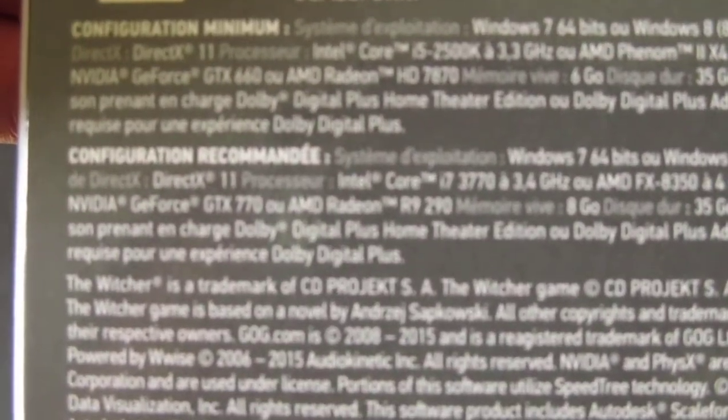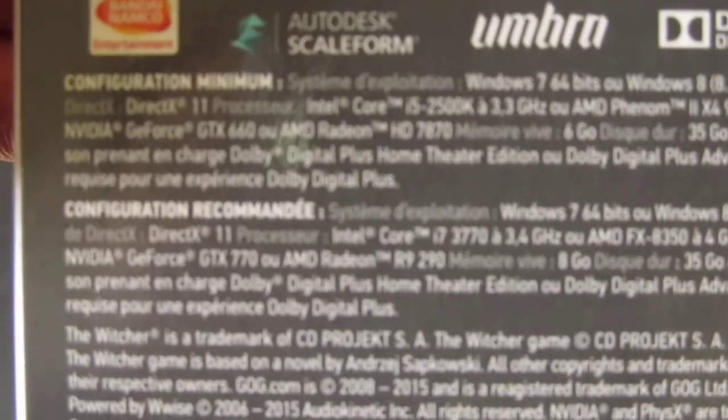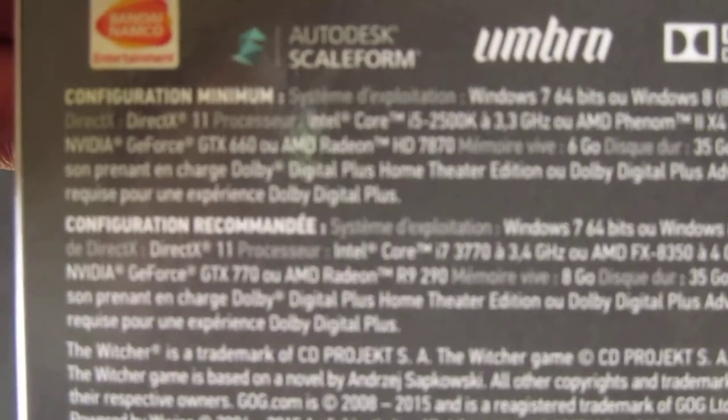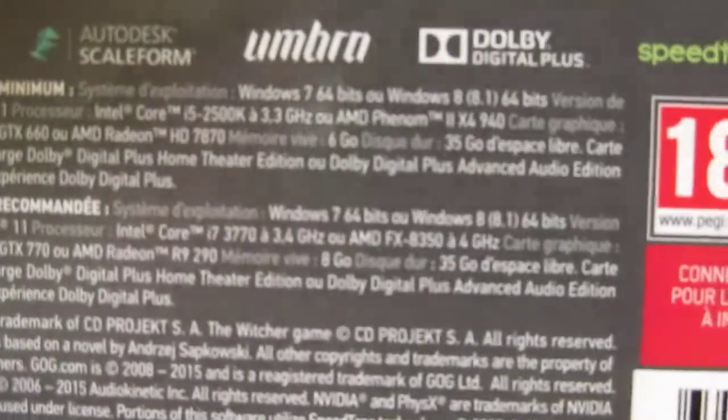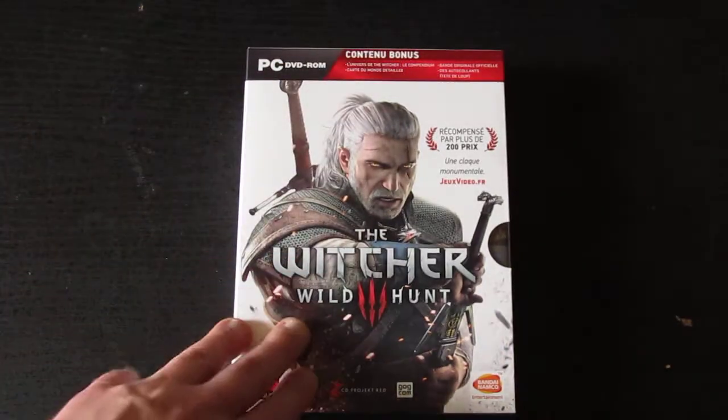high-end graphics card. It states here that you need at least a GTX 770, if the camera just focuses, there we go, and an AMD R9 290, and at least 8 gigs of RAM and 35 gigs of actual hard drive space. So yeah, it's a very aggressive game, and if you have an AMD graphics card, there